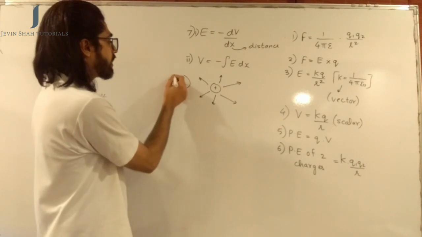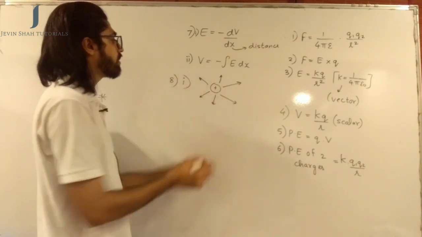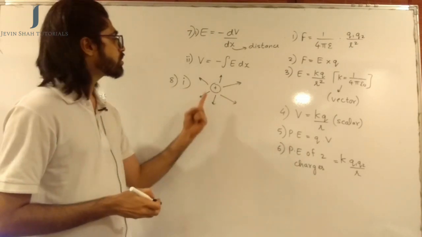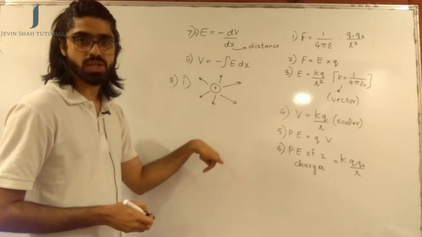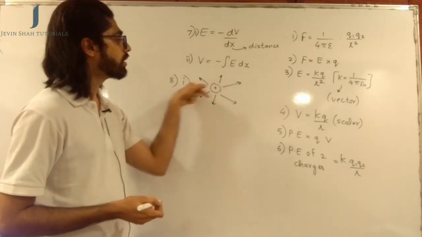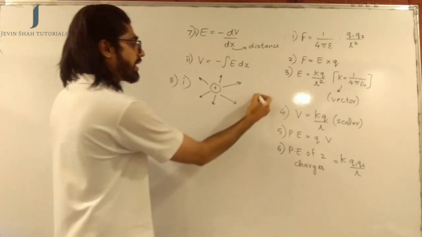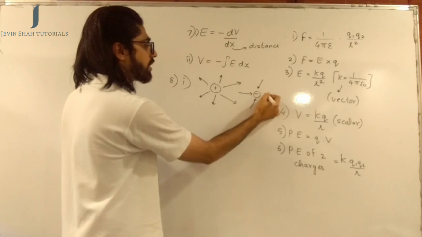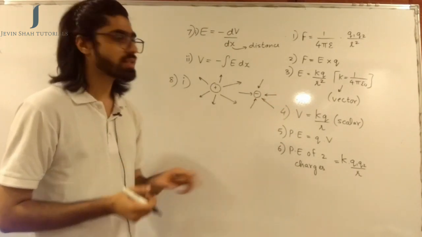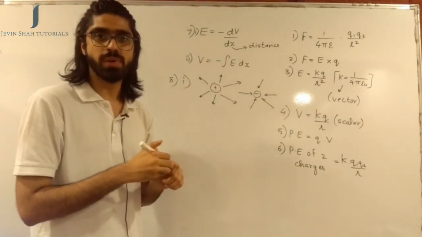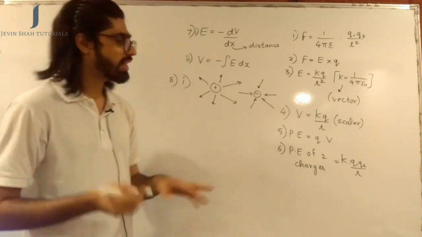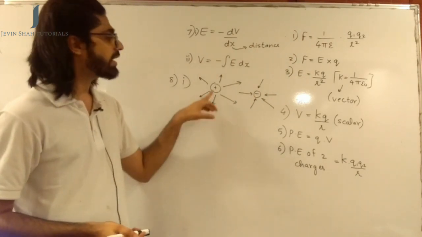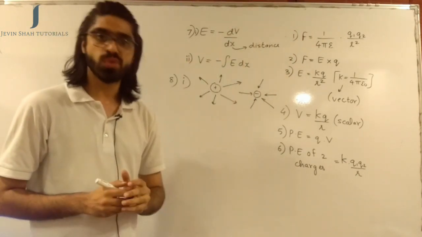The first property about electric lines of force is what I have shown over here. If it is a positive charge, electric lines of force are going to come out from it. They will be directed in the outward direction. If it is a negative charge, electric lines of force will be coming towards the negative charge. A negative charge always attracts, a positive charge always repels. Okay, not the right terminology. Let's just put it this way: a negative charge will take electric lines of force towards it, and a positive charge will push electric lines of force away from it.